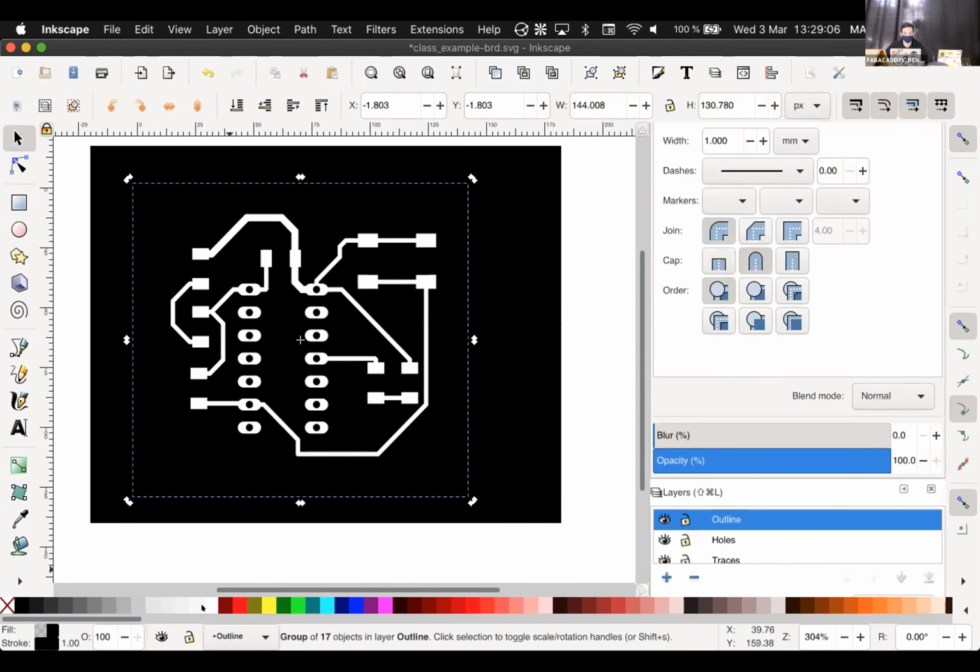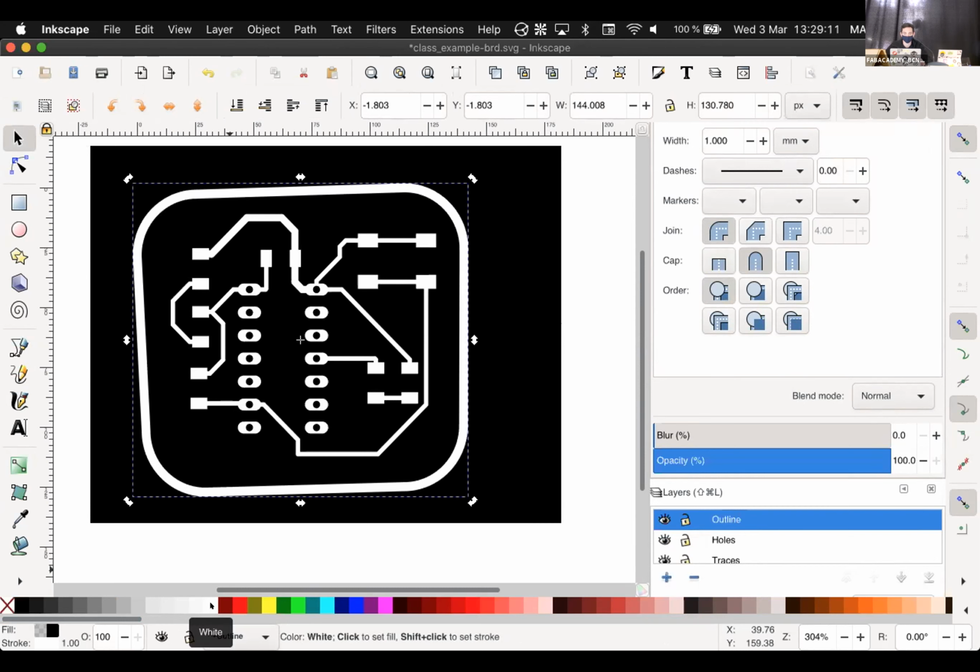The outline here, let's put it in white, for example. Okay, so